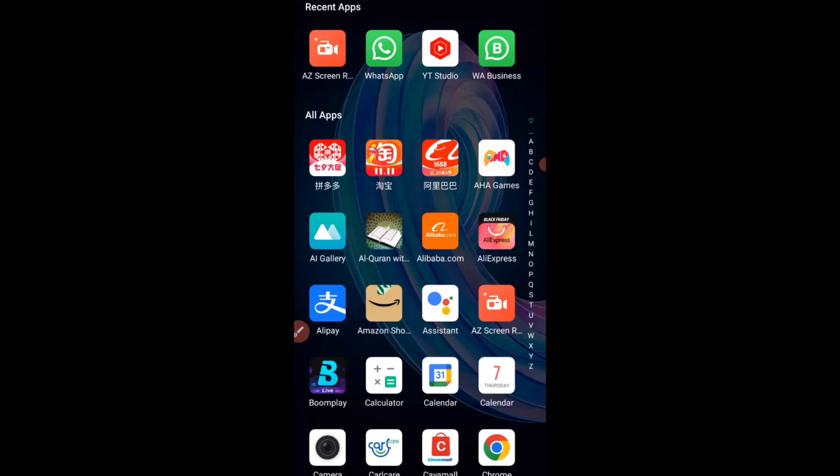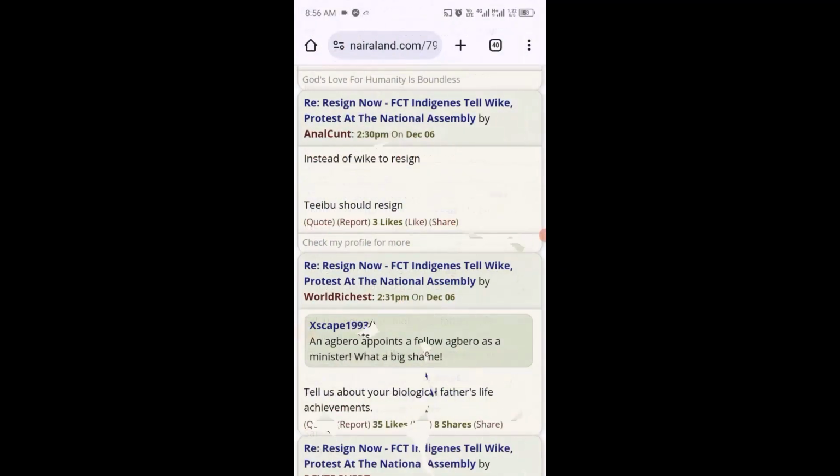Whether you are using an Android phone or an iPhone, what you need to do is make sure you follow the steps in this video. The first thing we want to do is head over to our Google Chrome or whatever browser you are using. In this video, I'm going to use my Google Chrome right here. I click on this plus sign to create a new tab,